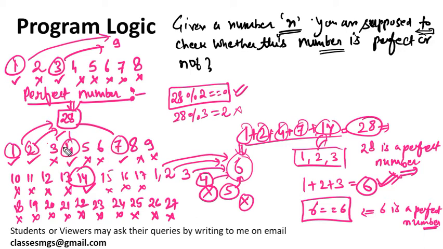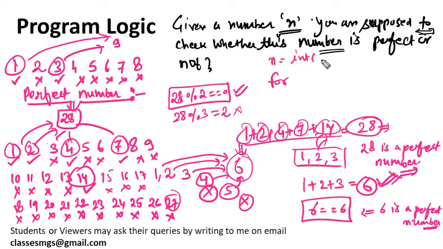So what we can do, we can iterate a for loop or while loop. You can use the for loop for iterating up to 27. From 1 to 27 we need to check whether any number is dividing this 28 completely or not. If dividing, then we can add it into some variable, and then after completion of this for loop, we can check whether the sum of the numbers that are completely dividing this 28 is equal to 28 or not. So that is what I am trying to build. N is the number that the user will enter.